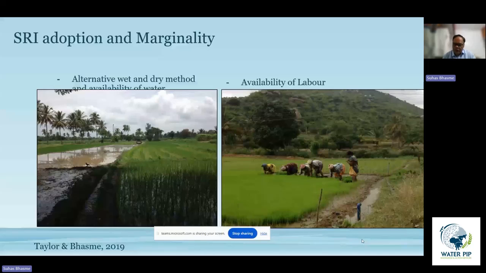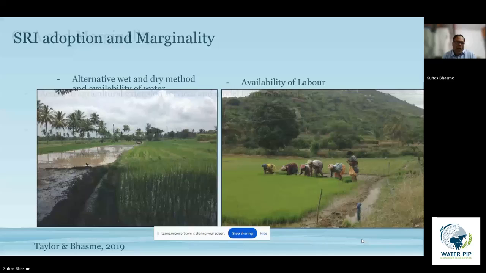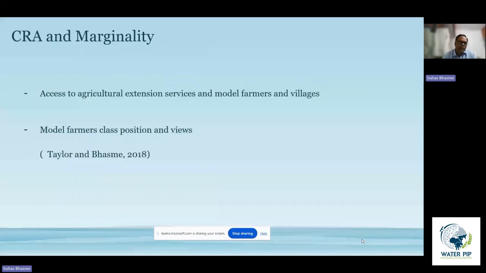So in this sense, we could clearly see the social relationships shaping the adoption of technology when it comes to water conservation methods. This aspect I would like to talk about in terms of implementation of most of the agricultural transformation programs, where the state itself is involved in formulating the ideas of model farmers and model villages. What we find interestingly in our study on the role of model farmers is that the